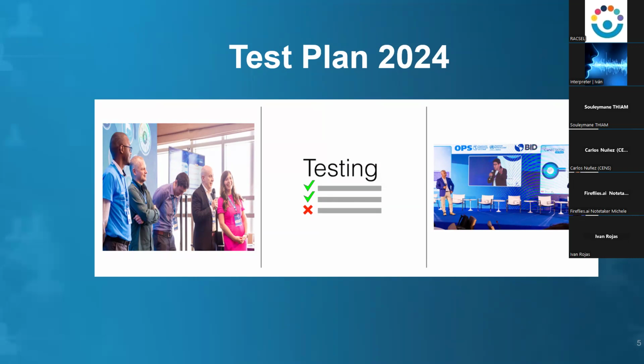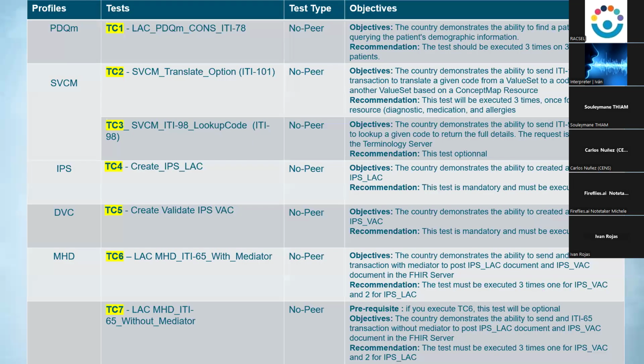Concerning the test plan, as I said, this year we have two tracks to test. But we will not ask you to test each track in one test. Let me explain. In Gazelle, we will divide the test plan into several test cases. The goal is to achieve all the test cases before the end of the event. If you execute all the tests before the end of the event, that means you will cover both tracks of the event. So the TC means test case.